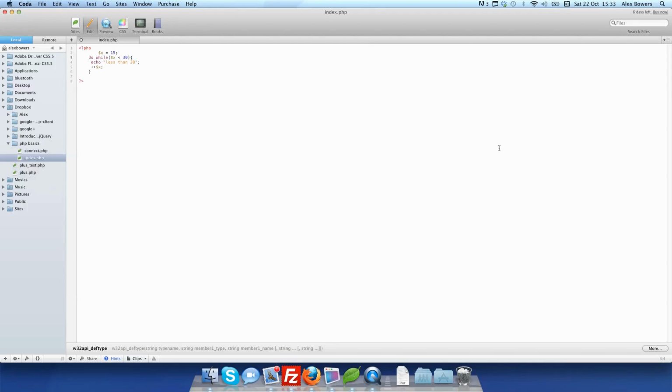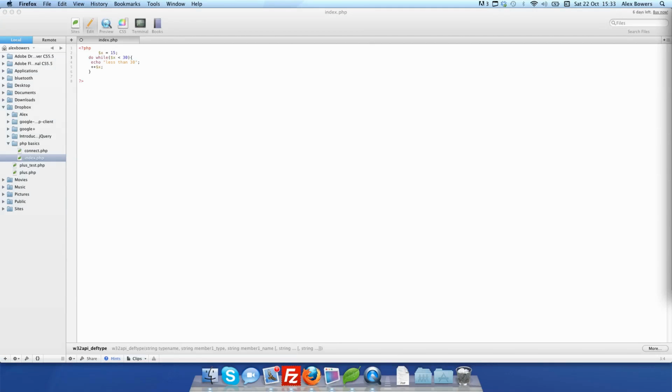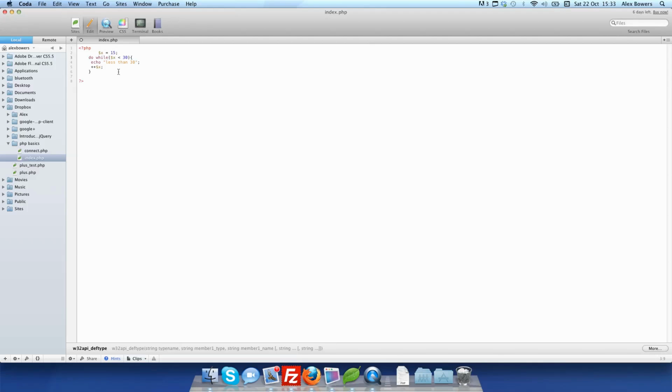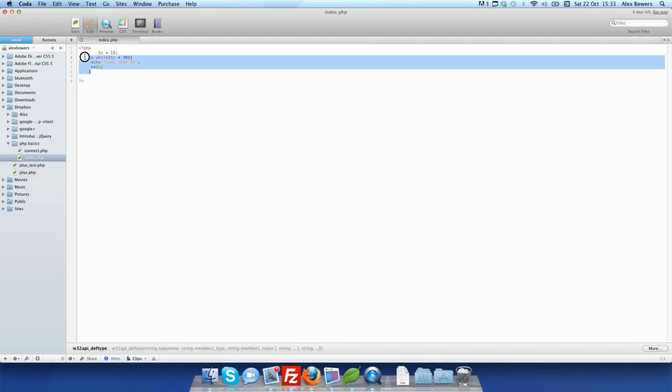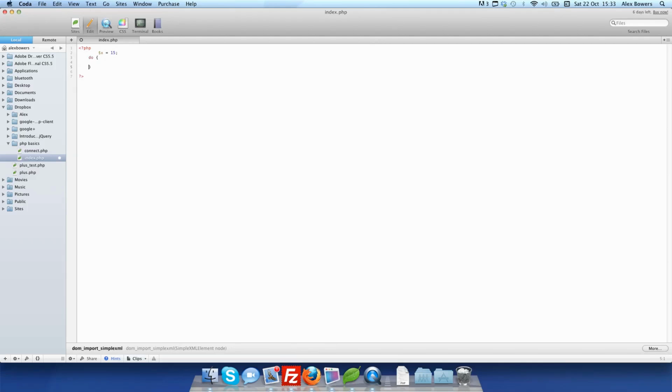Okay, just a second, let me check my notes on the do while loop, what syntax it uses. Ah, of course. Sorry, it was my mistake. Okay, the syntax for this one is actually quite different. What we do is put the block of code in here, so echo x, and this is where we do while, and then x is less than 30. And now if we run that,